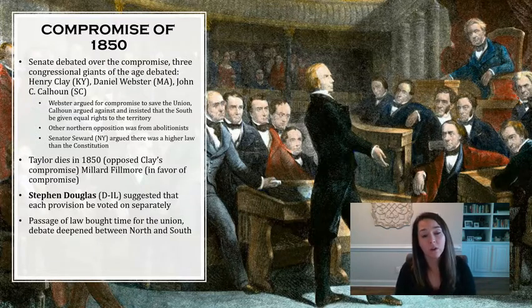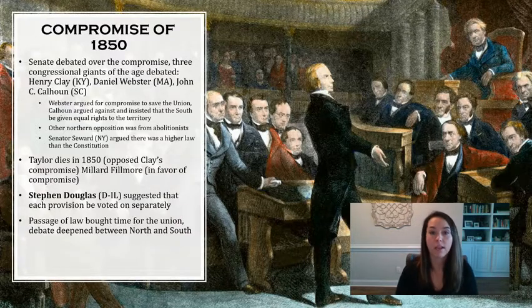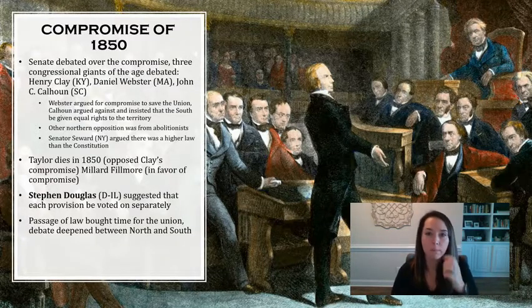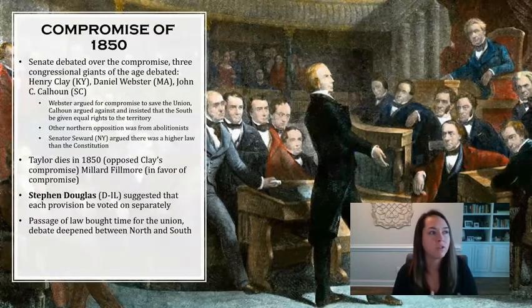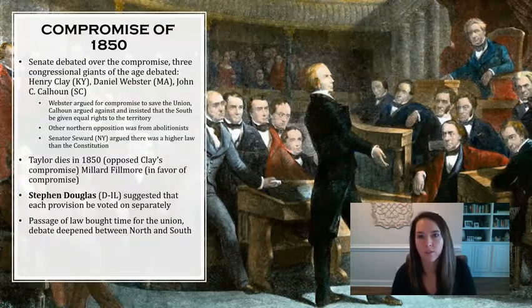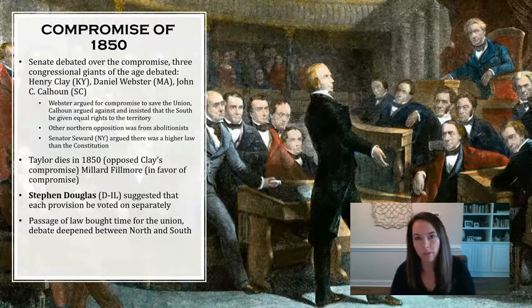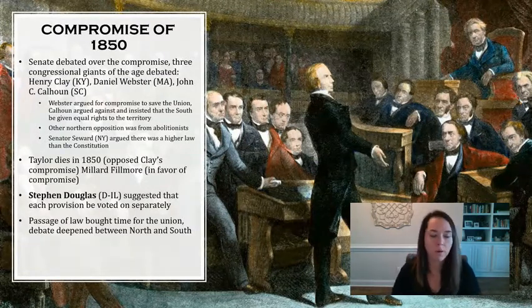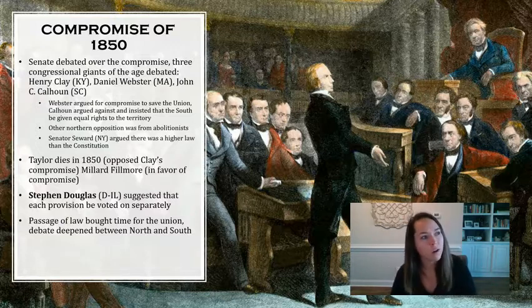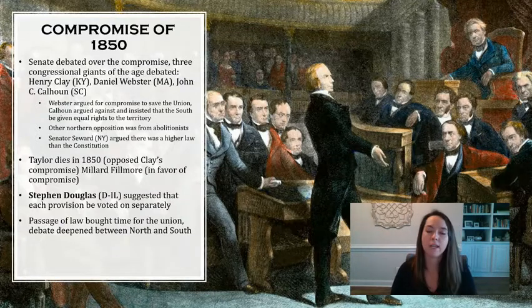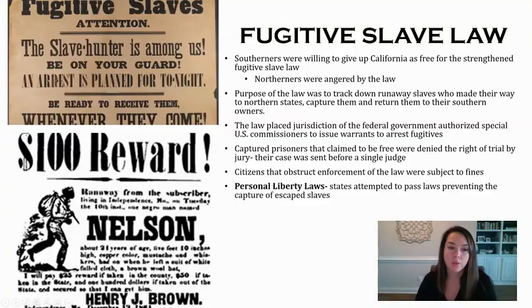And so that's what they did. They voted on each of the provisions separately, and that way they were able to get the majority vote, because some people weren't going to vote for it just because of the Fugitive Slave Act. So maybe those Northern abolitionists voted against that, but they voted for popular sovereignty, and they voted for California as a free state. And so that's how they were able to get that law passed. So part of this compromise in 1850,